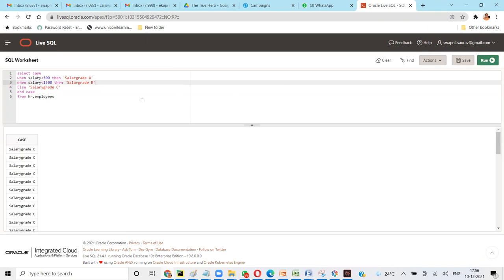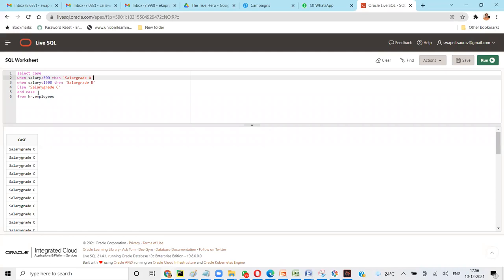We don't give a comma here. A comma will indicate a different column. In select, a comma is used to separate columns. This case is for one column only. You can give a comma and another column as well. If you want to write another case, you can, or you can do decode.